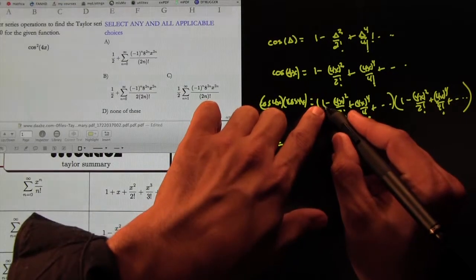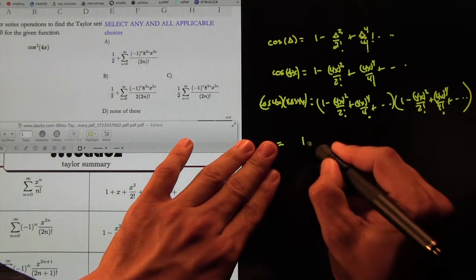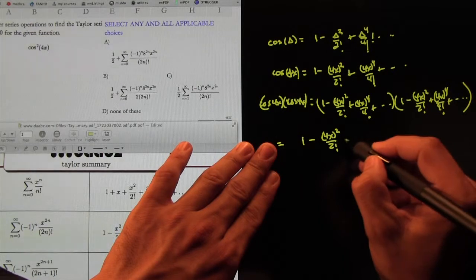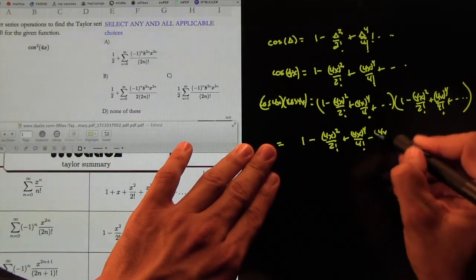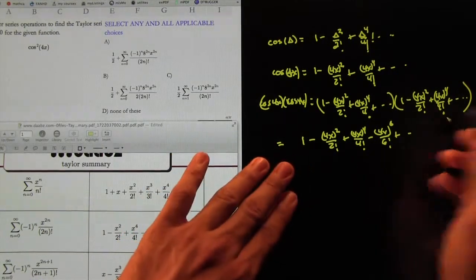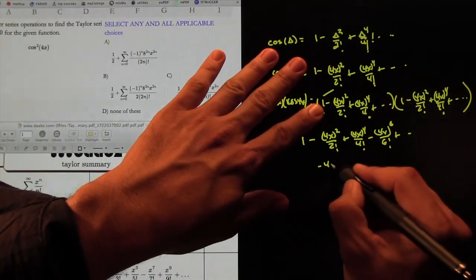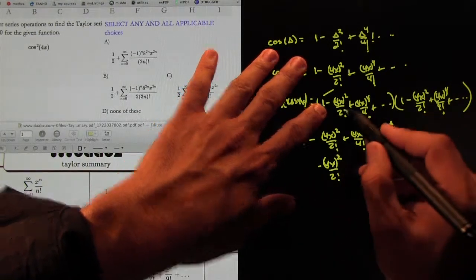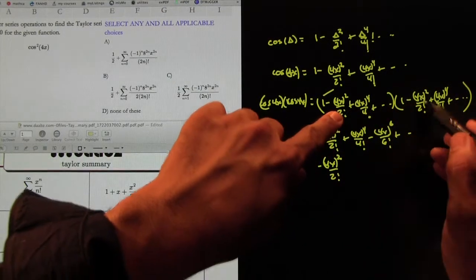It's easy to do. You just do small steps. Do the 1 first. 1 times everything. So that would be 1 minus 4x squared over 2 factorial plus 4x to the 4th over 4 factorial minus 4x to the 6th over 6 factorial, and so on and so forth. That's the one, and you've done that. Now do this one. So this one times that one would give you negative 4x squared over 2 factorial. That's the second term here times the first one there. Now I'm doing the second one times the second one there. That would give you